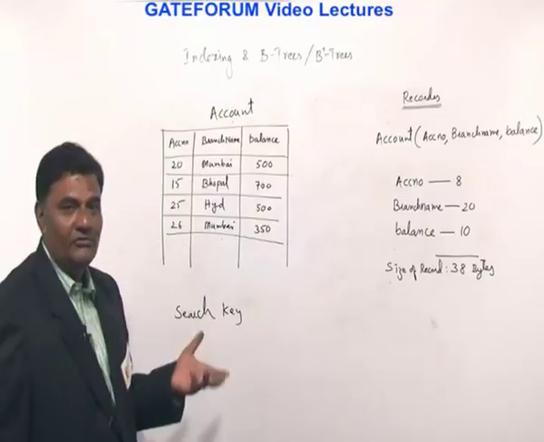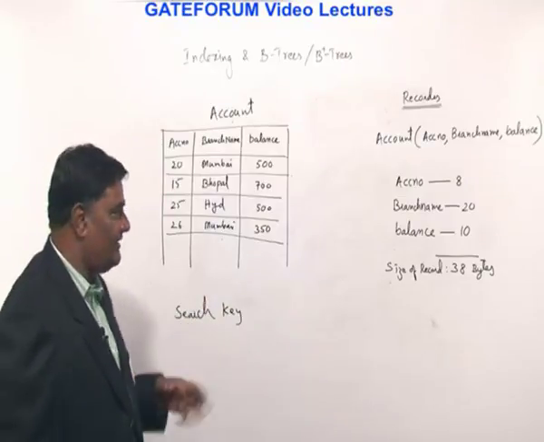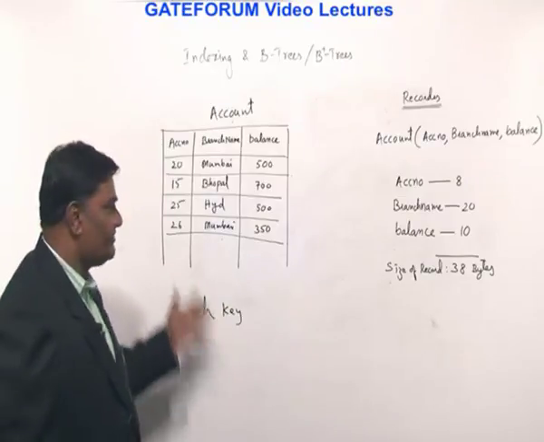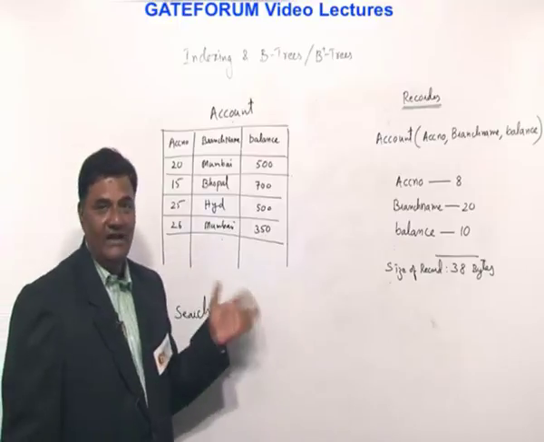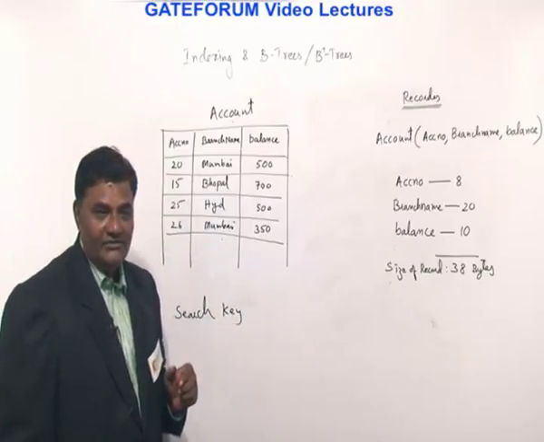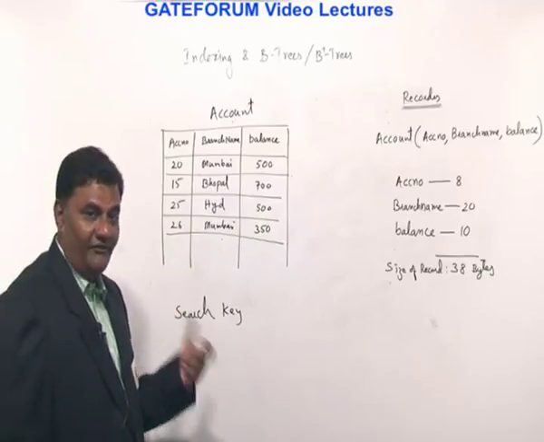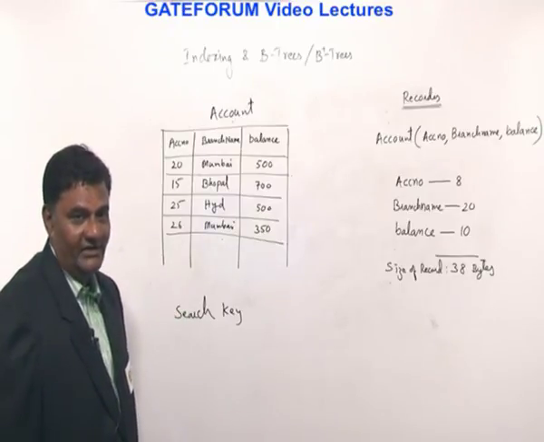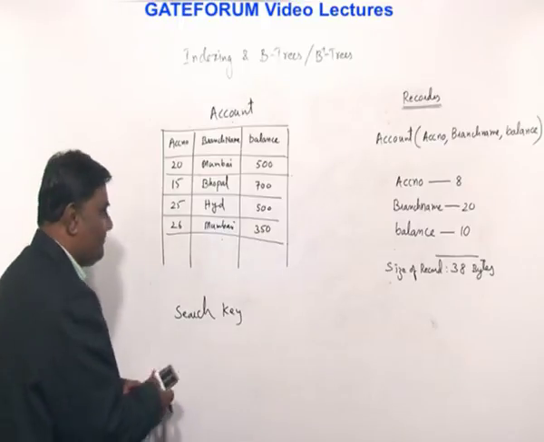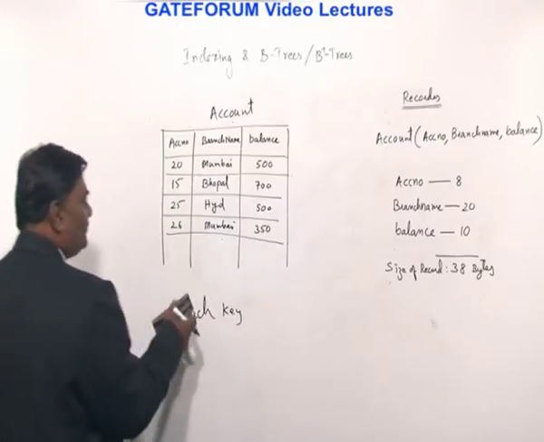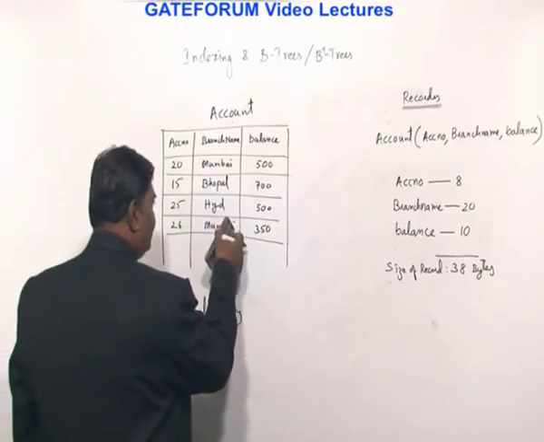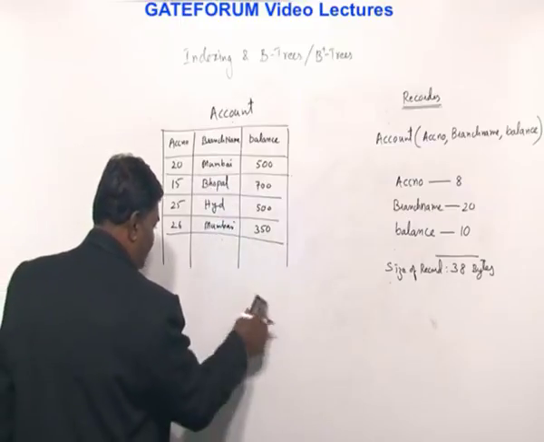All those accounts whose balances are exactly 500, I can search like that also. So searching can be done on any one of the attributes. So I can select any one attribute or a set of attributes together as a search key. Suppose I search most often based on branch name. Then